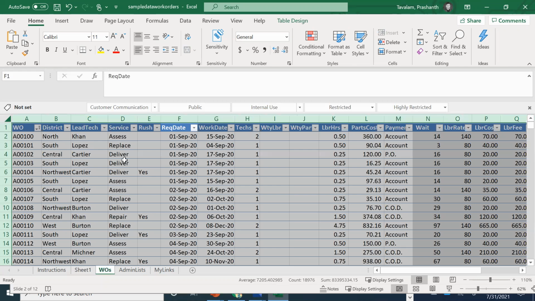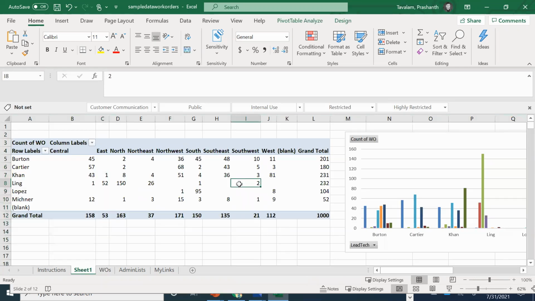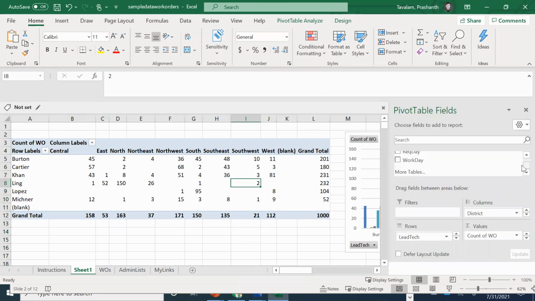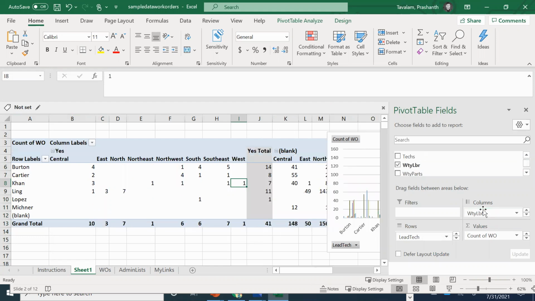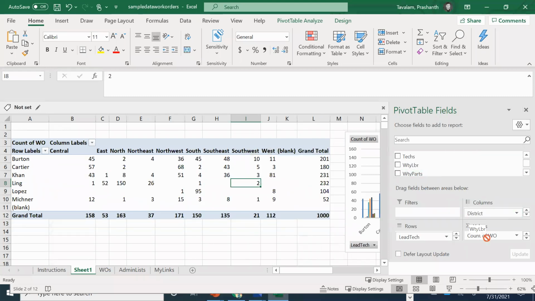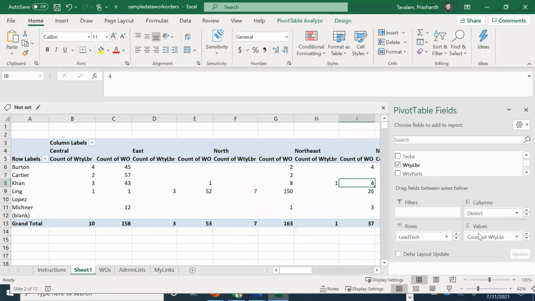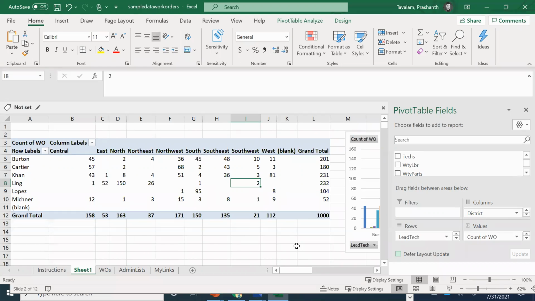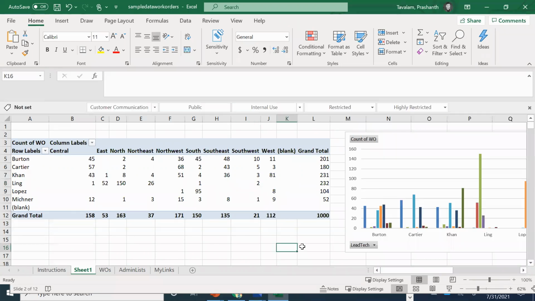More importantly, here itself, you can do a lot of conditional formatting, etc. before you get to this piece. So every time you want to change something, go back, click on show fields, just keep drag and drop. I want to add warranty labor. It doesn't make sense. Does it make sense to add something random like this? No. So this is something that you get with practice, but every time you have an Excel sheet, you have an opportunity here to play around with information. So this is the basic information that you can do on an Excel.